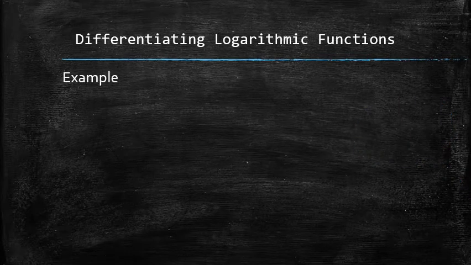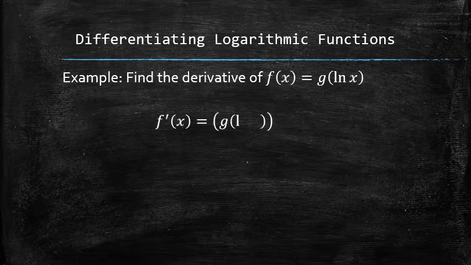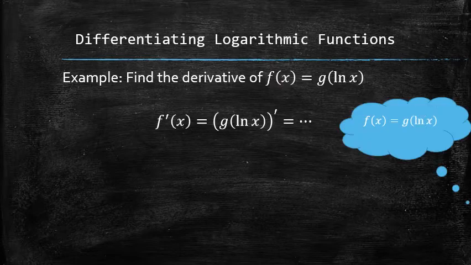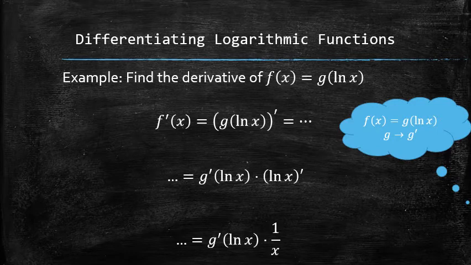In general, to find the derivative of a composition of some function and the natural logarithmic function, we start the process by recognizing that we have a composition. So we apply the chain rule, for which we should know how to find all the components. We would get the final answer after plugging everything in and simplifying.